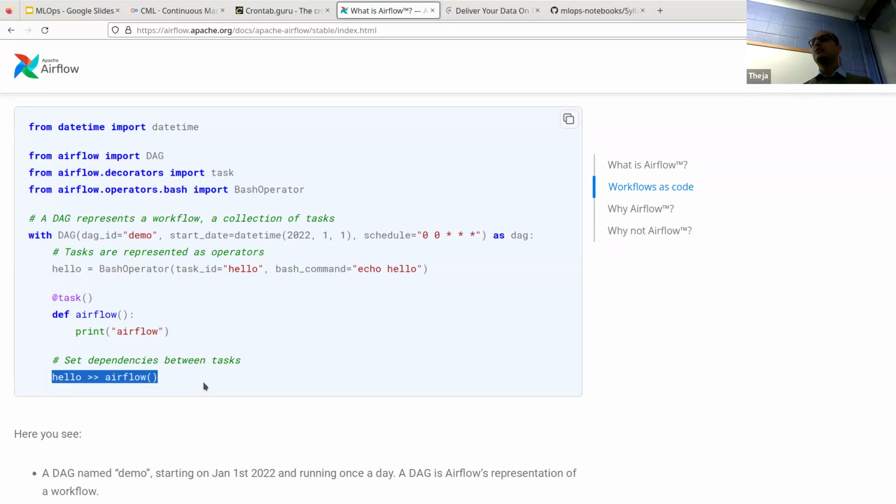And obviously it's not like a line, right? It cannot be a line graph that's one task and then next task and next task. There could be parallel tasks going on, and much richer structures, right? This is just hello and Airflow, but you could have much richer things going on. But all of them will be expressed in py files like this.